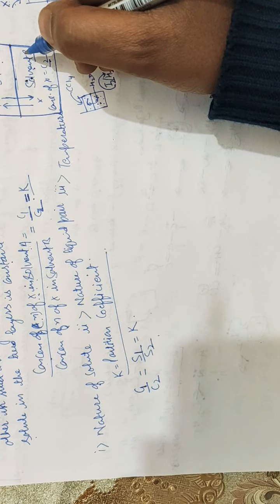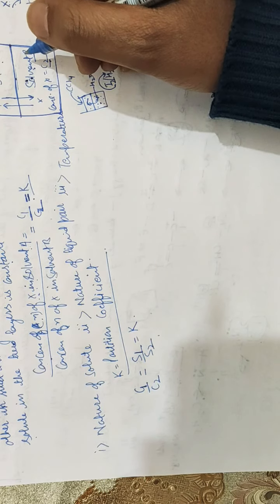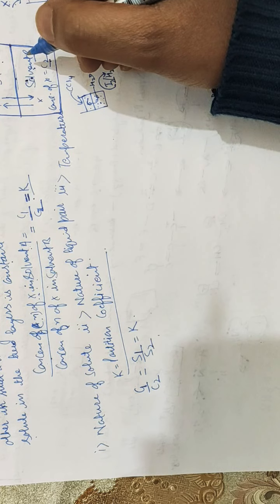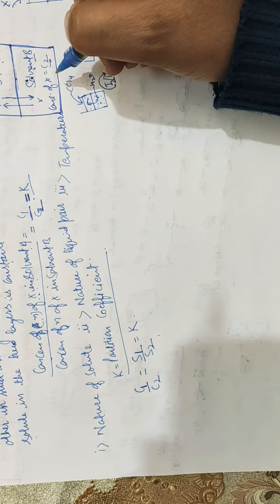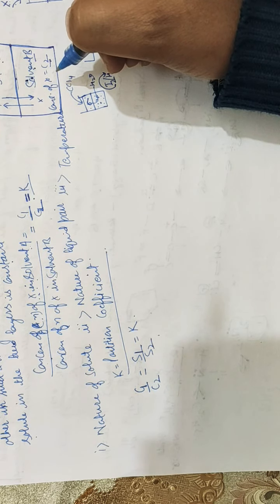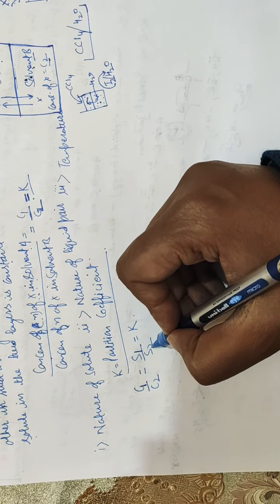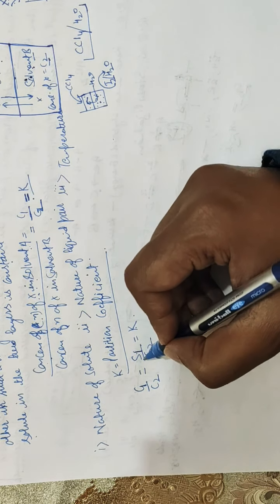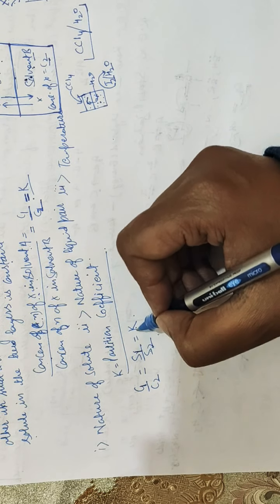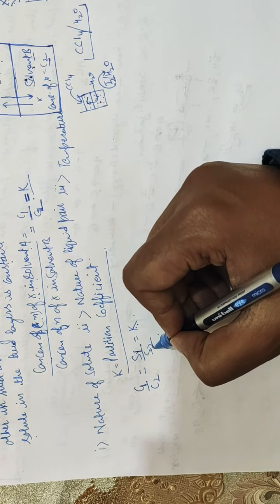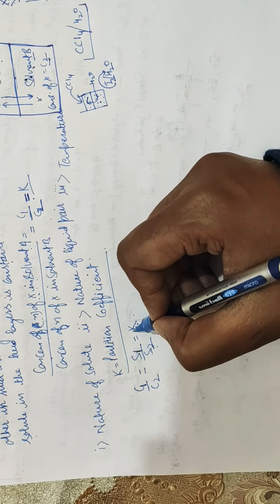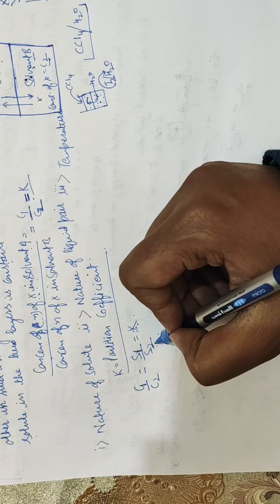So you can calculate the solubility of the solute in any of the solvents. If we know the value of the distribution constant, the solubility of the solute in one solvent or in the other solvent can be calculated. If you know any two terms from this equation, you can calculate the third term. If you know S1 and S2, you can calculate K. If you are given S2 and K, you can calculate S1, or if you are given S1 and K, you can calculate S2.